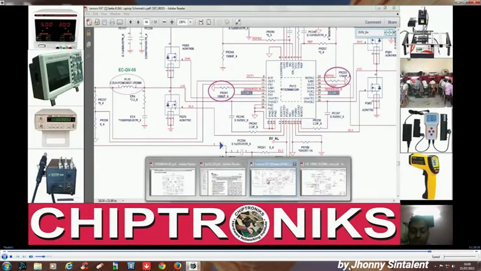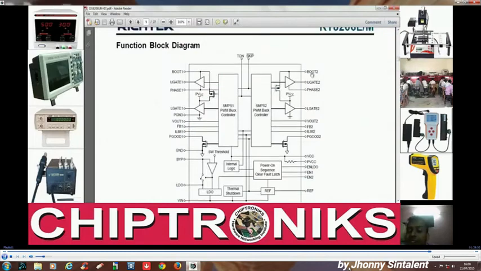You see in the block diagram DL3 and DL5, because this part generates the LGate 2 and LGate 1. So this is connected to the PVCC, and phase 1 and phase 2 are the lowest supply for this comparator. Okay,